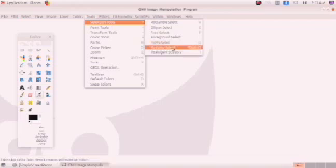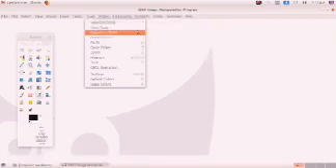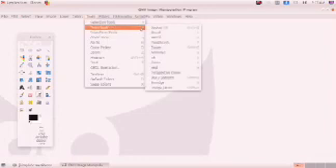So you have to write these things also in your notebook. Selection tools. What are the selection tools? Rectangle selection. These all tools you have to write. And the next is paint tools. The important names only you have to write. Bucket fill, blend, pencil, paintbrush, eraser, then smudge. These all are in paint tools.